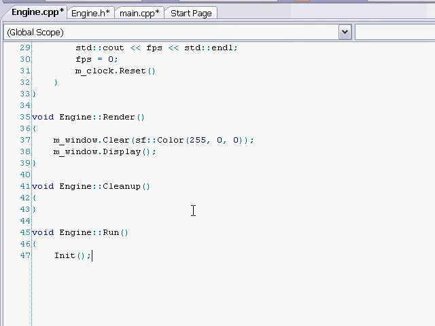Call your init function, and then you're gonna do while window.is open. I think it is open. Hopefully that's right. While